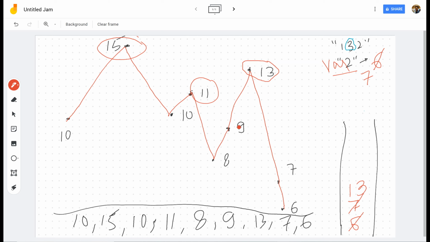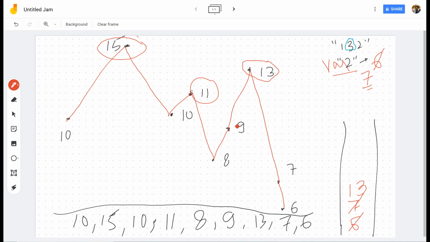Whenever I look at a new number, I always see if that number is less than my var2. If that number is less than my var2, that means my 132 pattern has been found. The reason is that in my stack I will always have a number which is greater than my var2, and while iterating the array from right to left, if I find any number which is less than my var2, that means my 132 pattern has been found.